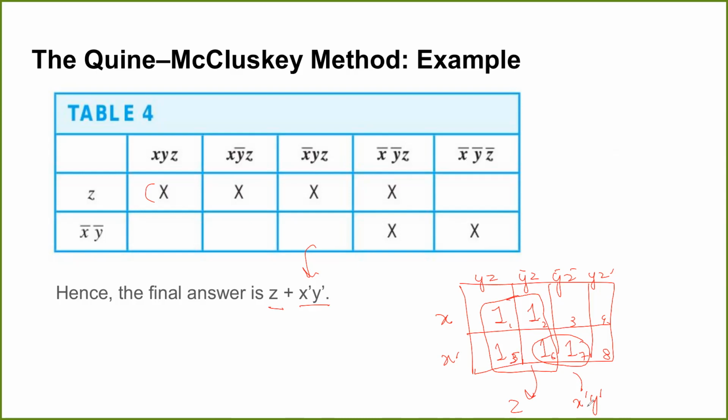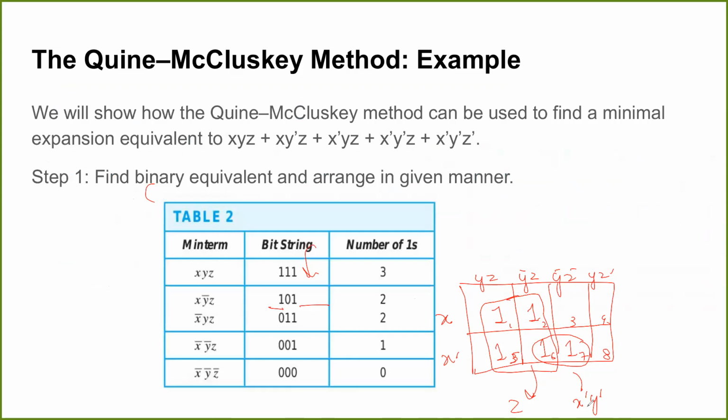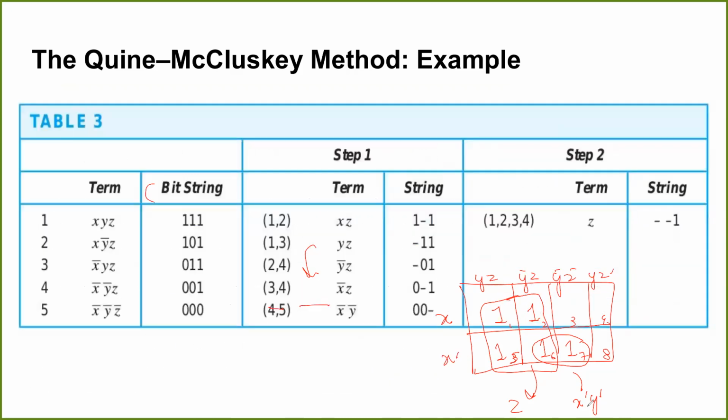Okay. So you can see in a Karnaugh map, there's nothing you can write a program for, right? It's all based on visualization of the group. But in McCluskey, the general steps are: you write your minterms in the bit string notation, arrange them in decreasing order, okay? And then from a programming perspective, you can put a loop that counts the number of ones, and only with the adjacent ones, you find which of the terms are common and differ in only one literal.